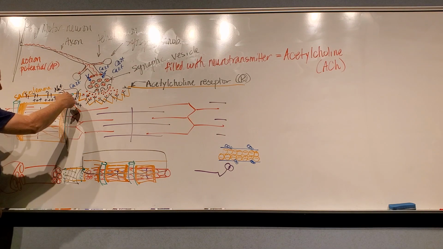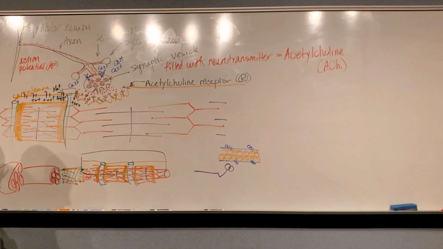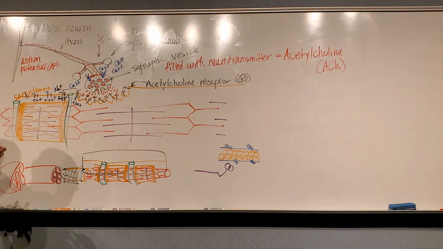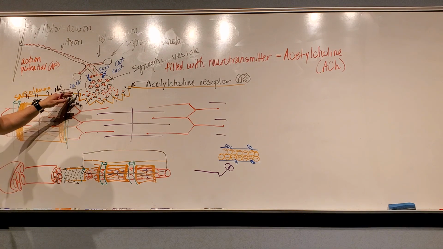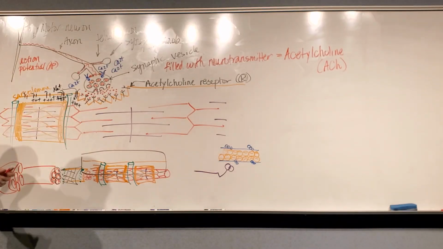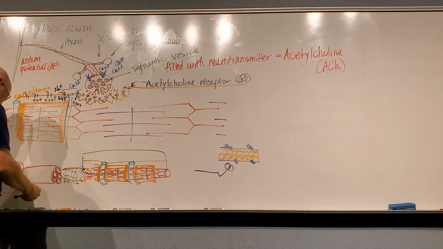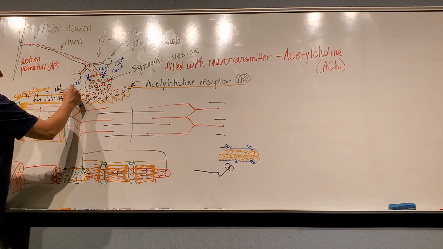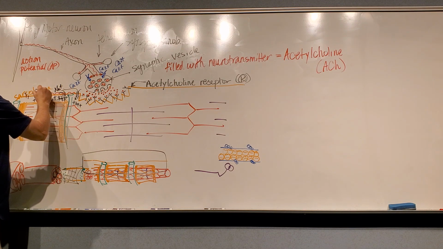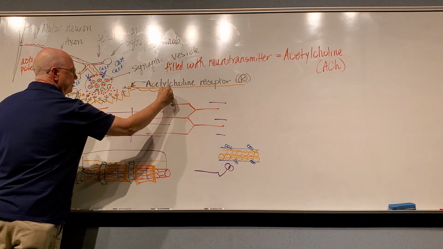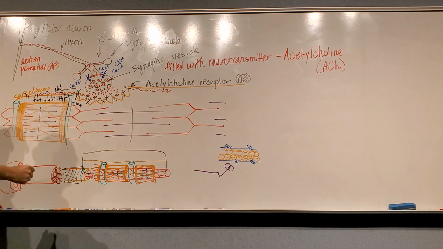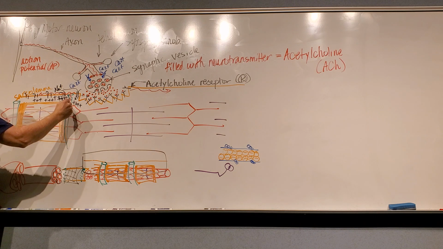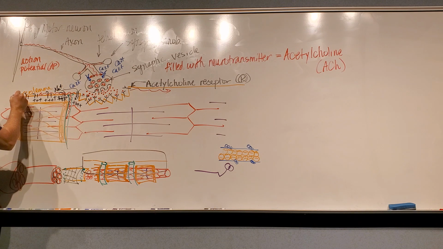And these channels run all the way down the T-tubules. So once I start the action potential in the skeletal muscle cell membrane, in the sarcolemma, that action potential is going to travel all the way through the sarcolemma in all directions and around. And as it encounters the T-tubule, the action potential travels down the T-tubules,